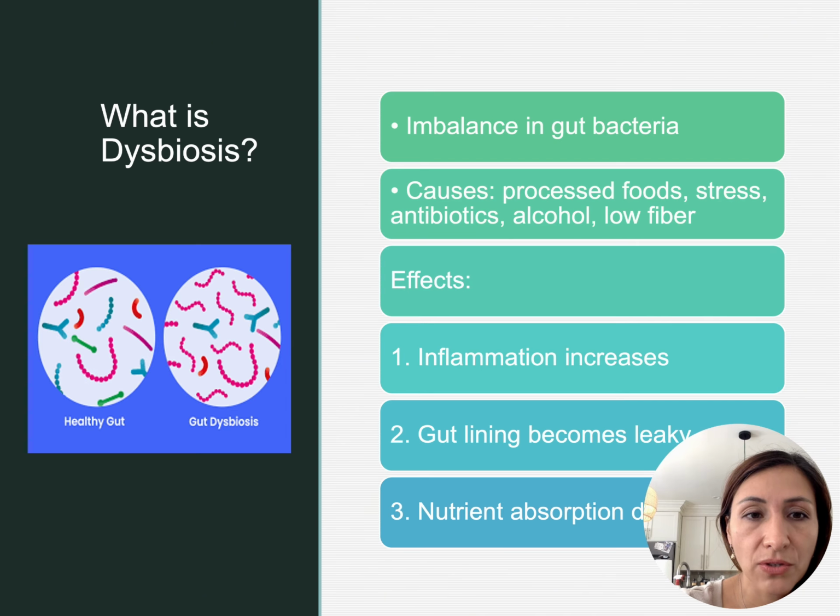So let's talk about dysbiosis. What is dysbiosis? Dysbiosis is a simple concept that means your good and bad bacteria, the good guys and the bad guys, are out of proportion. And when these two are out of proportion, there is a chance of increased inflammation. The gut lining is having what you've probably heard all over social media, the leaky gut. What is leaky gut? Basically, the toxins and inflammation cause your gut to start leaking toxins into your bloodstream, and that's going to trigger your immune system. And the nutrients are not going to be absorbed the way they should be.